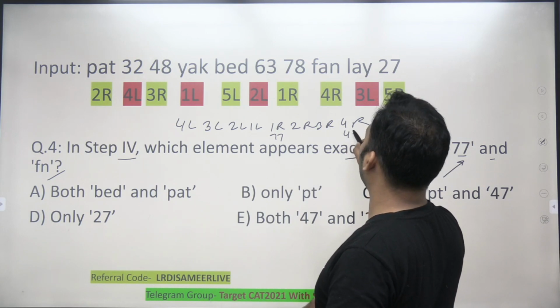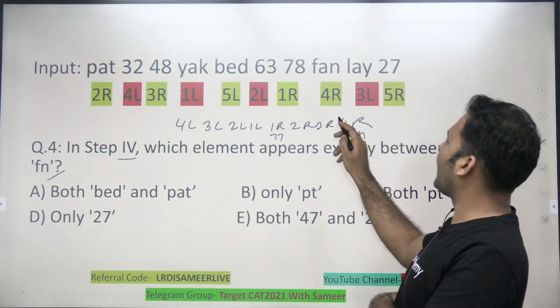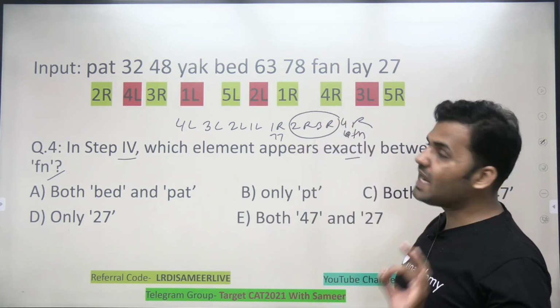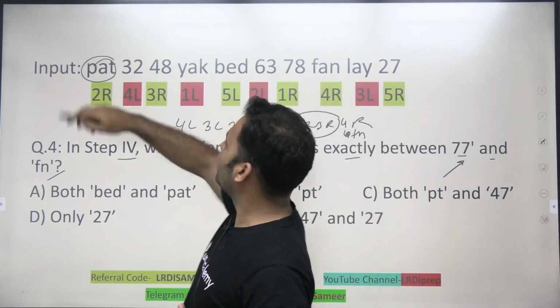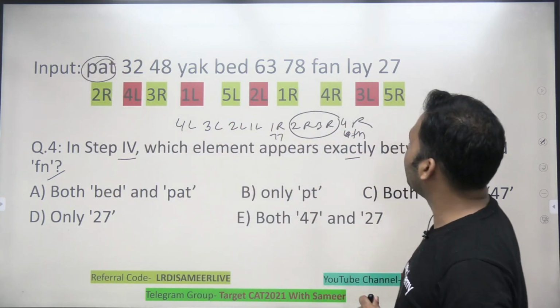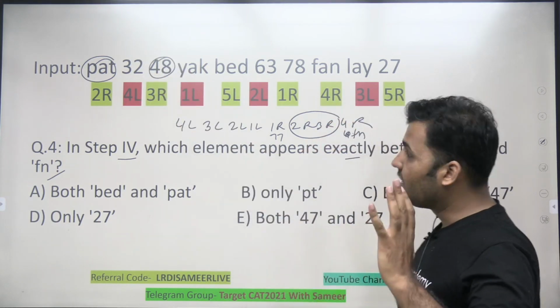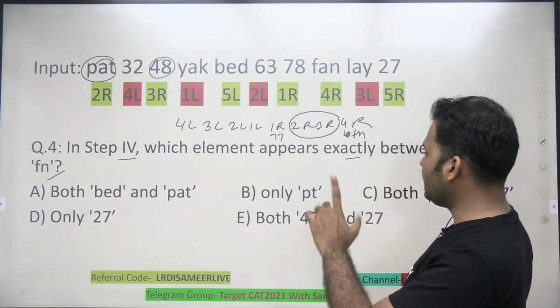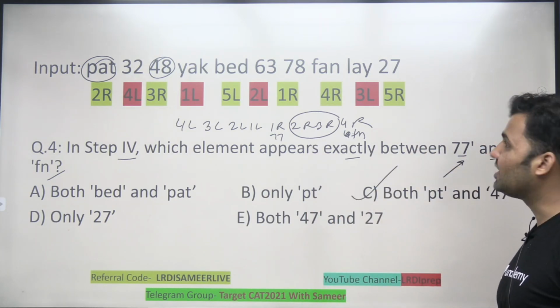4R is Fn, right? So between 77 and Fn, I'll have two elements which are ranked as 2R and 3R. So 2R is this one, that is PT, and 3R you can see is 48. That would be written as 47. So PT and 47 is the answer of the question. That is option number 3. Option C is the correct